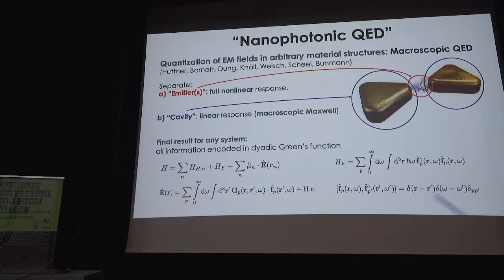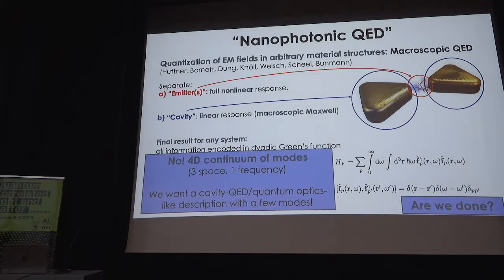Does each of these infinitely many electric fields couple to my emitter? We could say, okay, we are done. What's the electric field? A very general way to do this. As you may have guessed from what I was commenting, this is not really very useful for what we want to do,